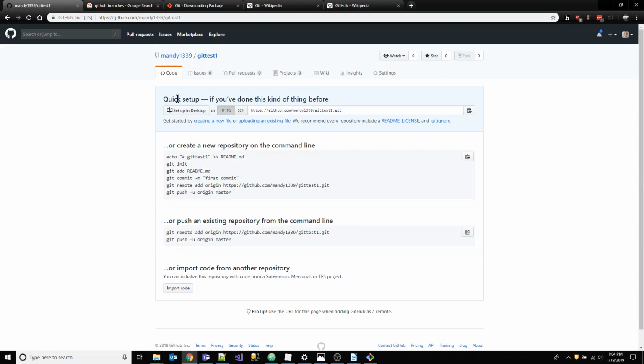Now our repository is done at this point, and the next thing that you're going to see is going to show you a link, and this is the link that you need to connect your local Git to the online GitHub. You need to copy this link. You will also see that there is an SSH option and an HTTPS option. I will talk about SSH later. For now, we're just going to do the simple HTTPS link. Just copy the link,